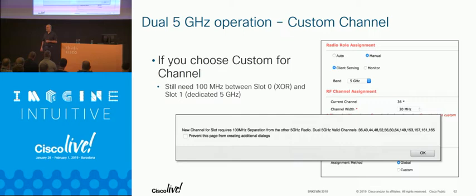Nine times out of 10, if I drop it back to 40 megahertz, things get better. And then if you go through and run FRA, you find out you had a bunch of radios that probably shouldn't have had a channel to begin with. So I highly recommend not manually putting everything in dual 5 gigahertz and going down that road. At least run FRA and let it get its opinion.